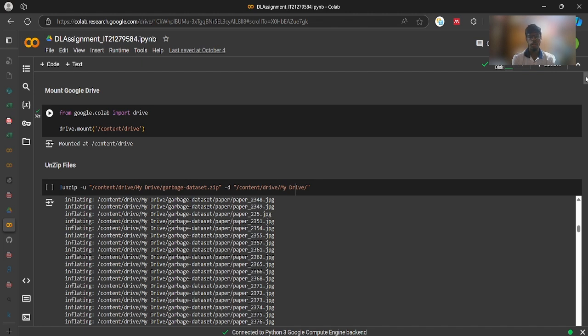Here, myself and my team members are presenting a solution for garbage classification. Proper waste management is crucial for reducing pollution and promoting recycling. Manually sorting garbage is inefficient and error prone, so we explored using deep learning to automate this